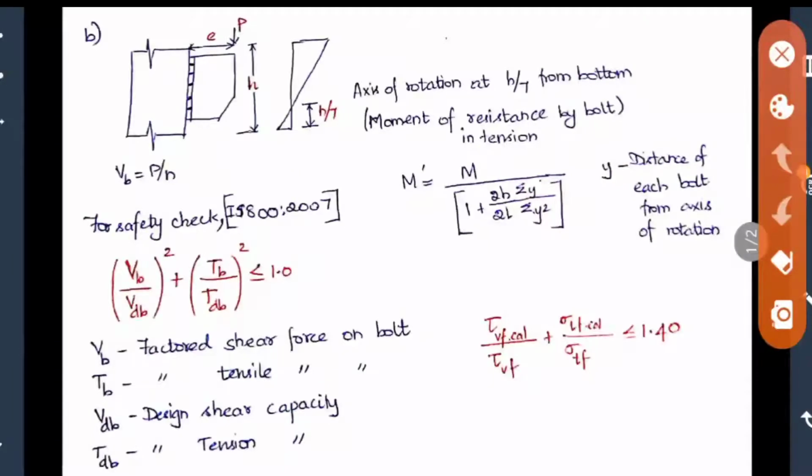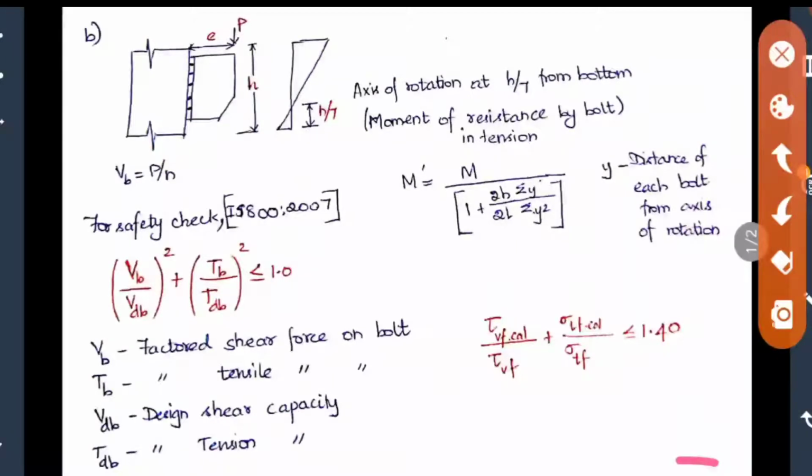The next case is the type 2 connection, where the moment is acting perpendicular to the shear plane. Here the bracket plate is attached inside that bolt group, that is inside the cross section of the beam. If this is the steel plate or steel beam, the bracket plate is this one, and the dots I have marked are your bolts or rivets. So if there is a plate with bolts or rivets, the bracket plate comes from the middle of it, so that the moment acts perpendicular to the shear plane here.